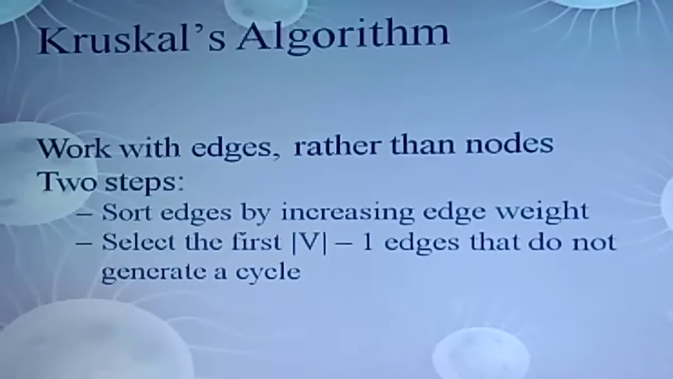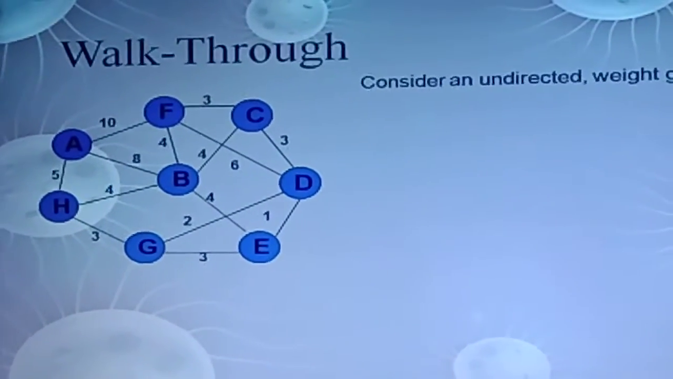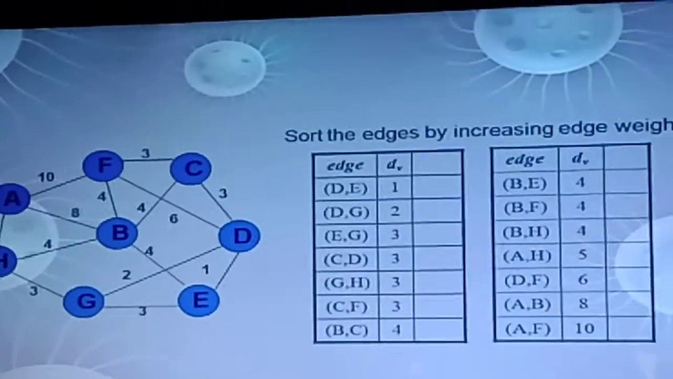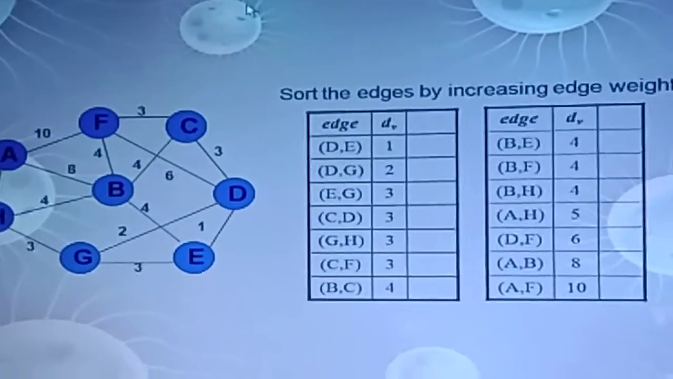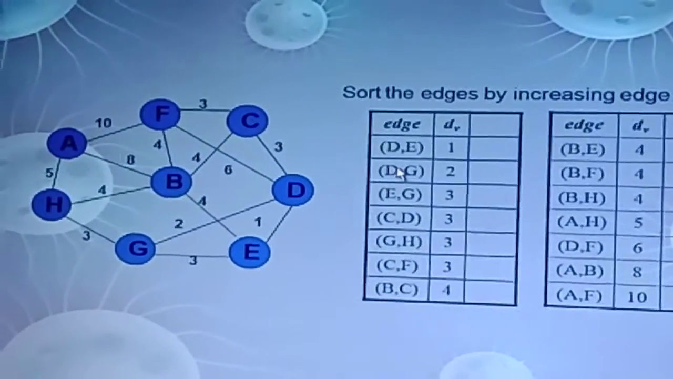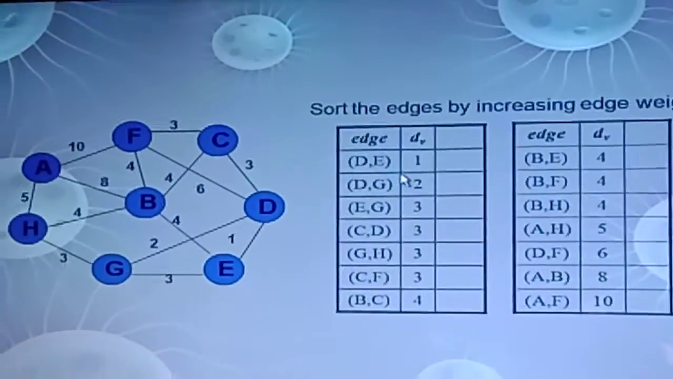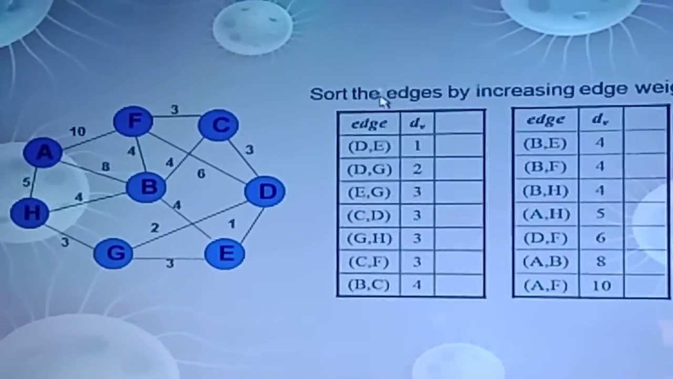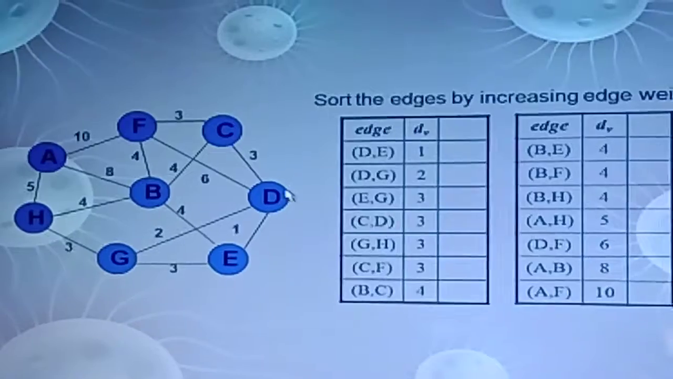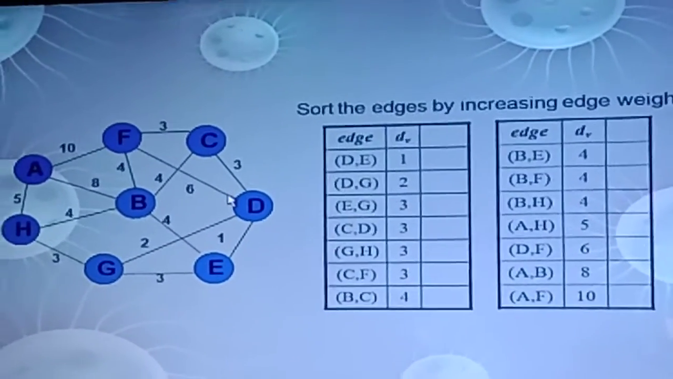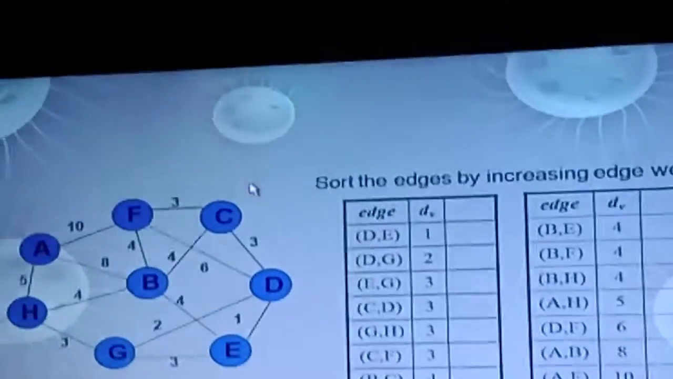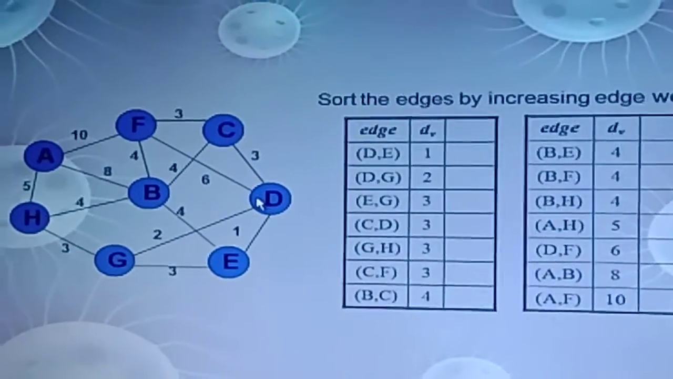So in this algorithm also we can take the same graph and first construct the table. So here in Kruskal's algorithm we are considering the table with edge and distance. So initial edge is